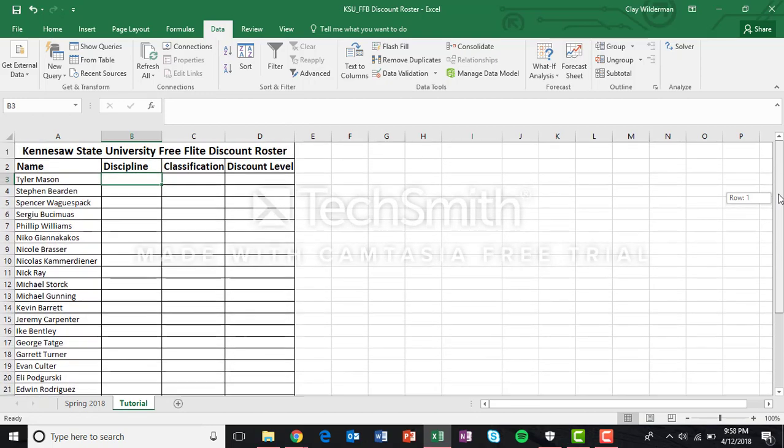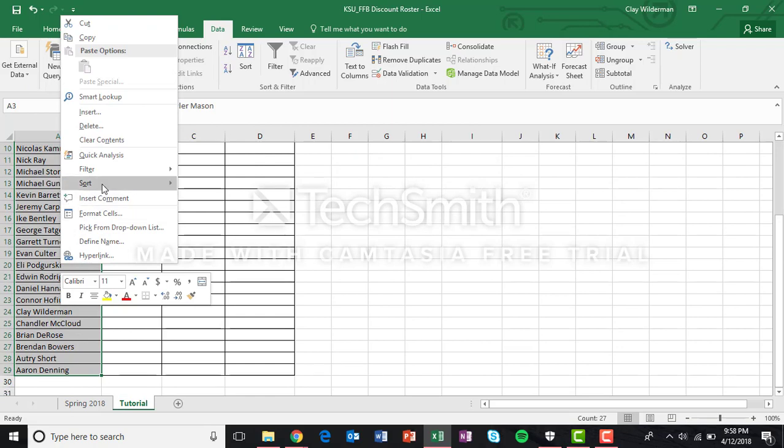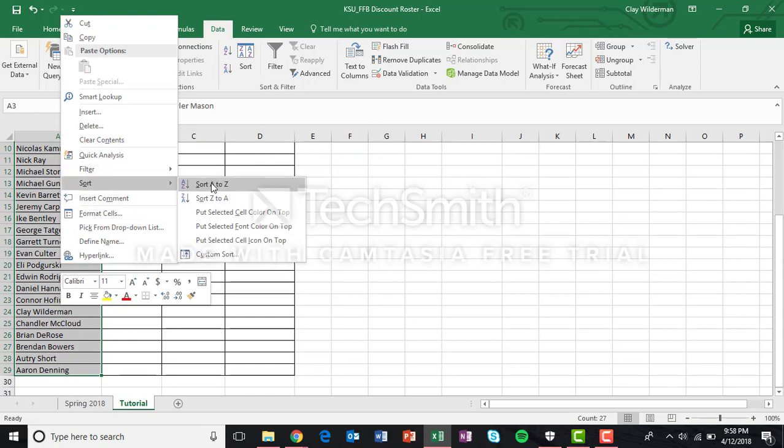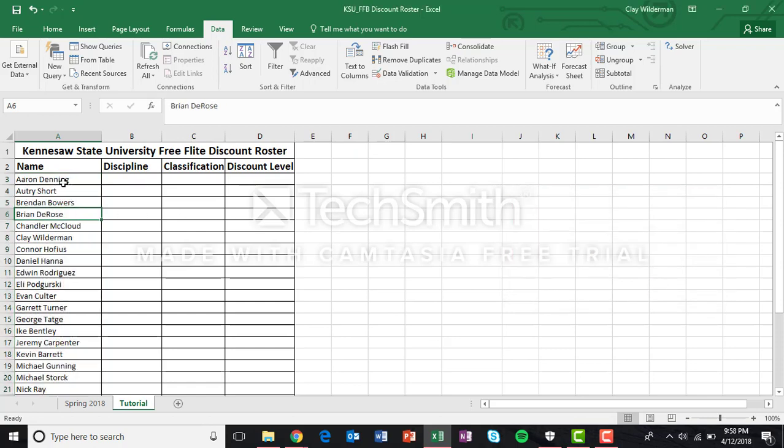So the first thing we want to do is actually organize these in alphabetical order. So we're going to select this entire column all the way down, right click, sort, and we want to sort it from A to Z. And expand the selection. You can see that our entire A column is now in ABC order all the way